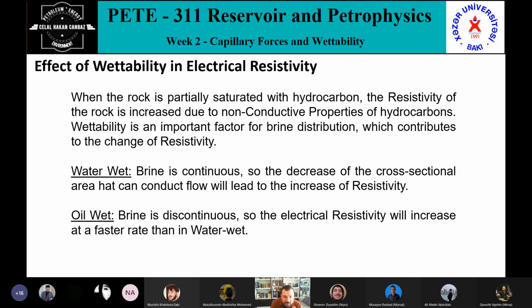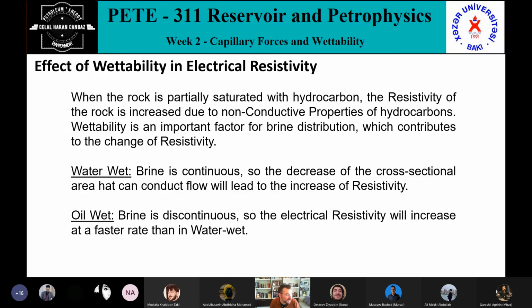Okay, so the conductivity of water is very high. If I am talking about water wet, there will always be brine included in all parts of your reservoir at the capillary level, because as we said, your rock likes brine, so it has a tendency to spread. So your irreducible water saturation will be higher, and water will be in every part of your reservoir.